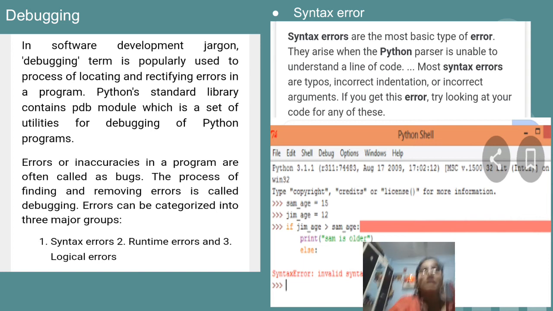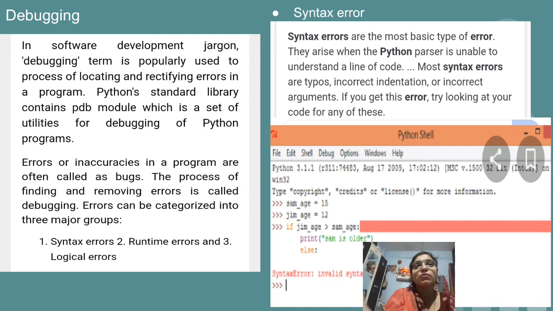I have already given one example of syntax error. If you see the window, this window is called the Python shell. There are two ways to execute a Python program, which we are going to learn further, but for your information I have just given this simple example. First there is the variable sam_age equal to 15, and the second line is jim_age equal to 12.